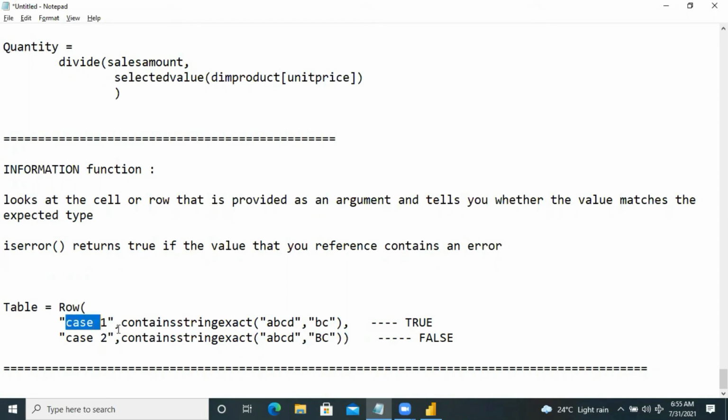If the case 1, then I'm using the function called CONTAINSSTRINGEXACT, then ABCD, then BC is what I'm searching. Yes, it's giving true because BC is there. So here I'm giving the string in lowercase, but here I'm searching the string in uppercase. So lowercase and uppercase are never equivalent, so then it's giving false.